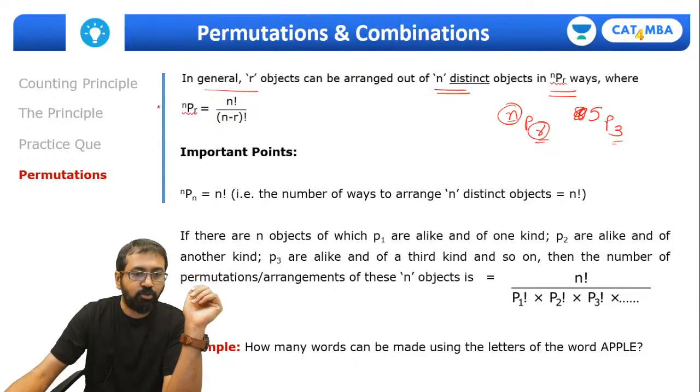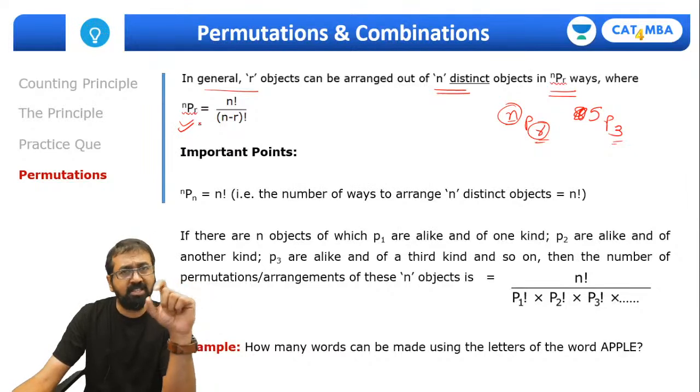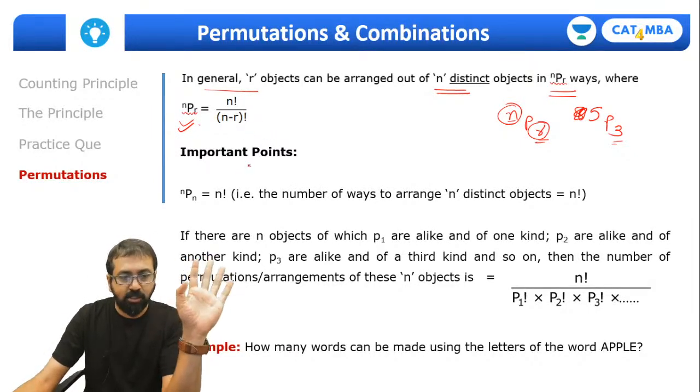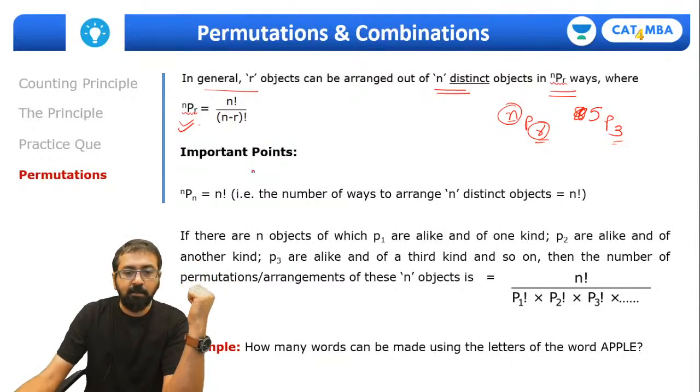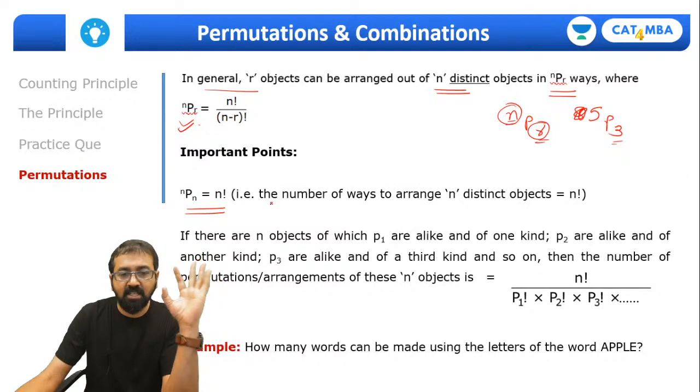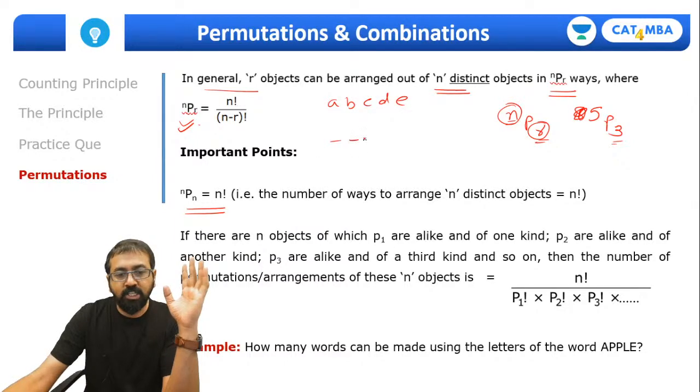Okay, fine. So guys, the formula is also given over here. In some calculations, we may require this formula, so just remember that for the time being. Now some important points related to this. Guys, nPn is n factorial. For example, if there are 5 people and you want to arrange them on 5 chairs, straight away you will say it will be 5 factorial, 5 into 4 into 3 into 2 into 1. So this is why it's 5 factorial.